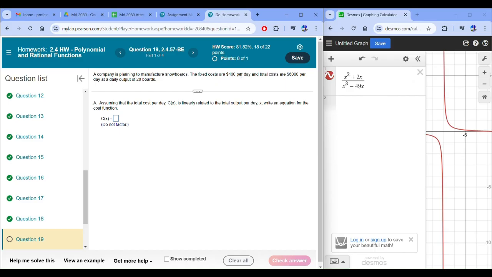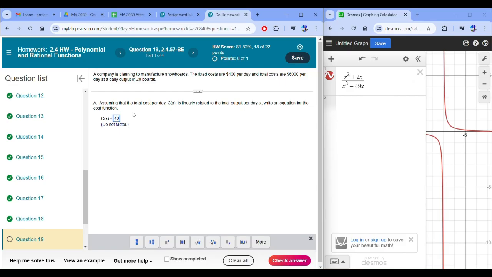Okay, a company's planning to manufacture snowboards. The fixed costs are $400 per day, and the total costs are $6,000 per day at the daily output of 20 boards. Assuming that the cost per day is linearly related to the output, find the equation for the cost function. Fixed costs are 400 plus